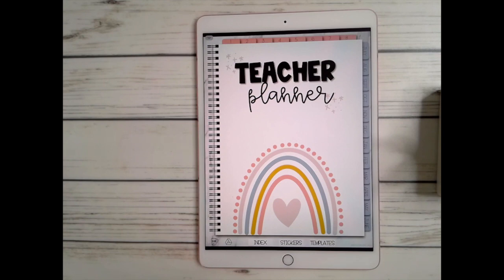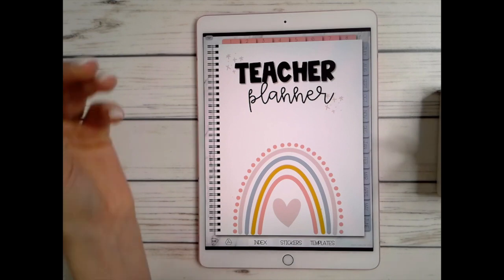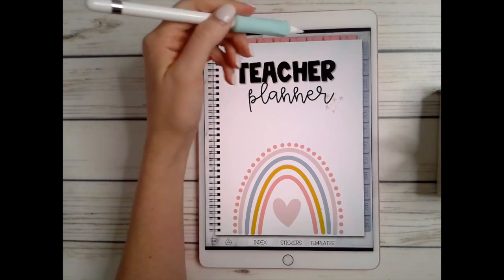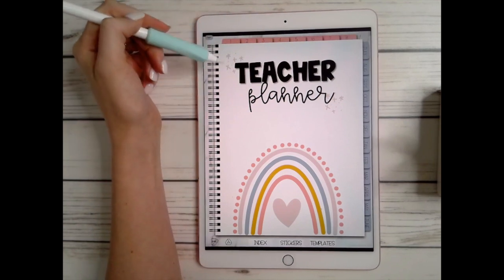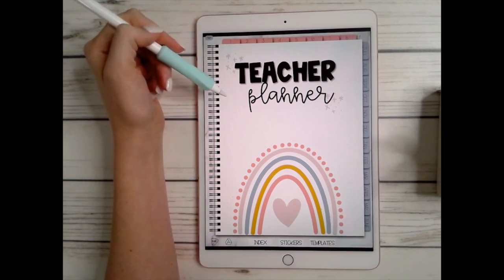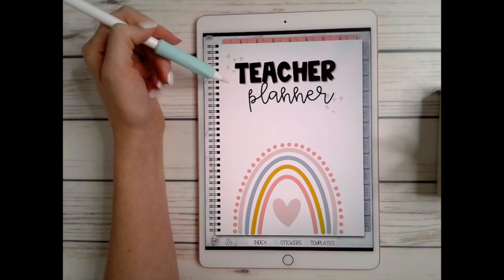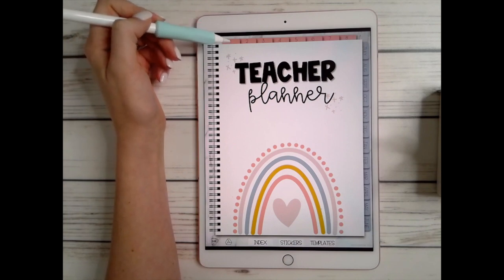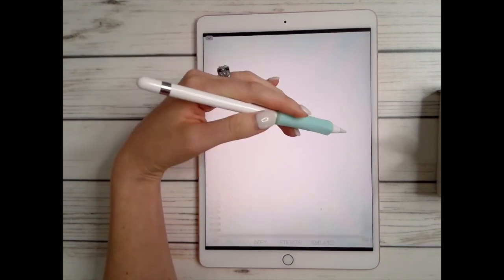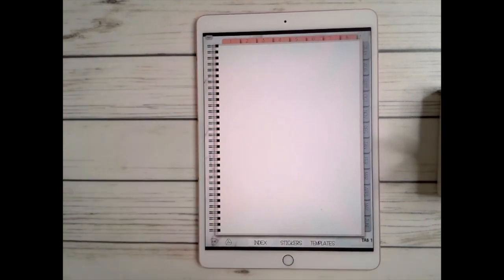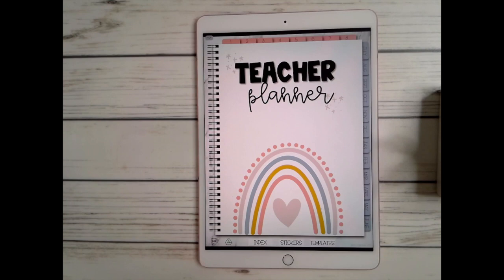I had a request from so many teachers who asked how they could add their own pages into this planner. So that's part of the reason why I did a blank tab section. So let's say you have a specific form that your principal wishes you fill out all the time. You can easily put that in tab number 1 and put that file inside, and it's labeled here. So let's go ahead and go back to the beginning, and I'm going to give you a walkthrough